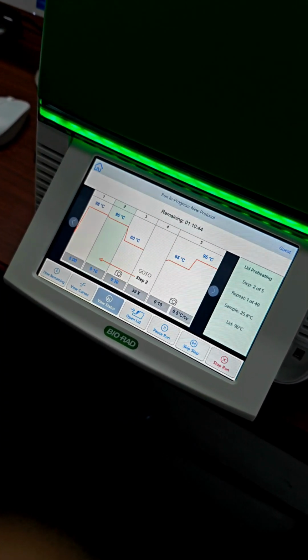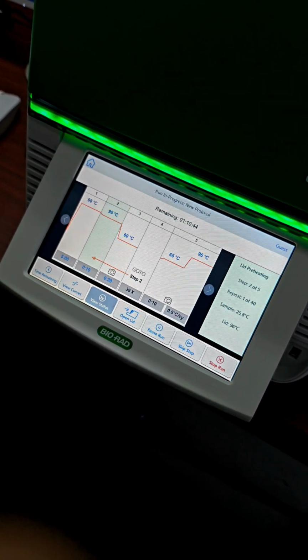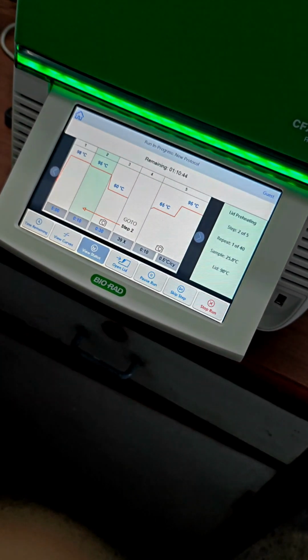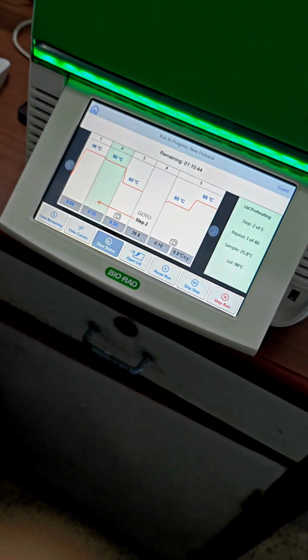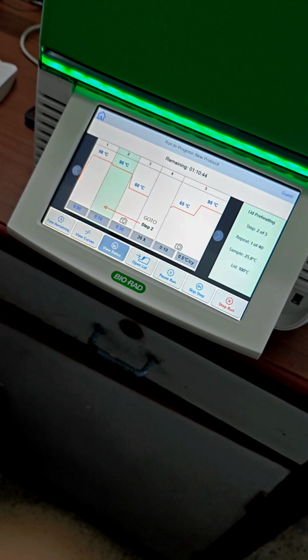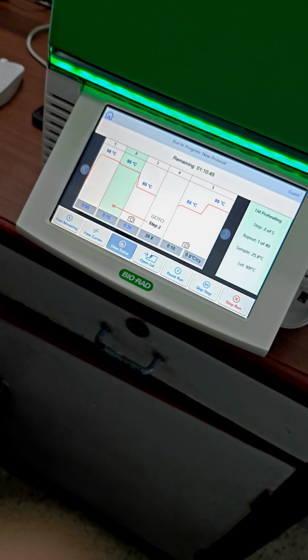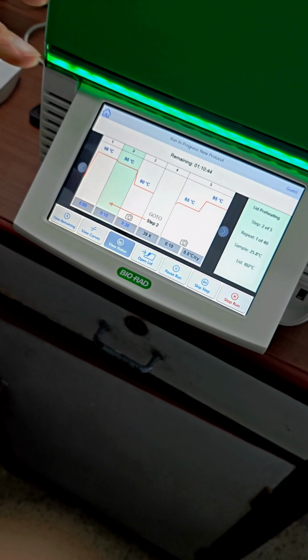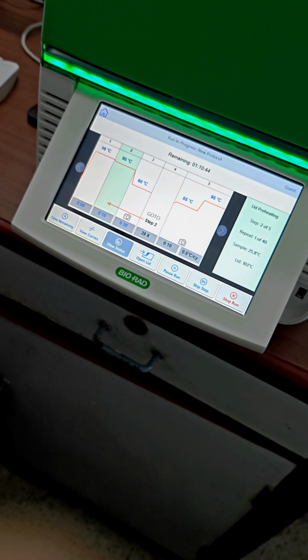So when the run is on, you can see the curves, how they are coming, and probably after the run is complete. So there was admin login, right? One was guest, one was admin, one was service. Service is not required for you people. So you have to log into admin and retrieve the file that you have run here, and then analyze.